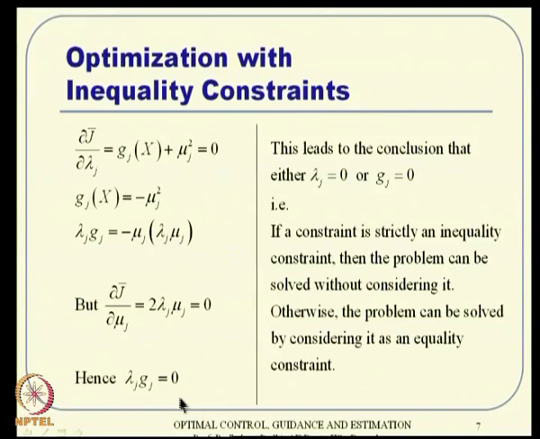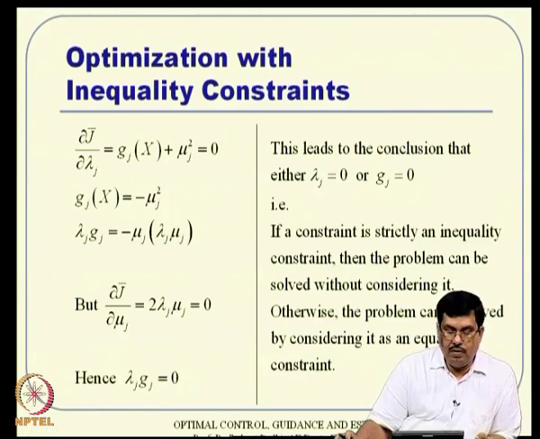So, that is the conclusion here, but it also gives us a procedure to solve the problem. Let us see how to do that. Now, notice that this equation has nothing to do with the mu's. This equation simply deals with lambdas and g's. So, we really do not need to know the value of the mu's now.